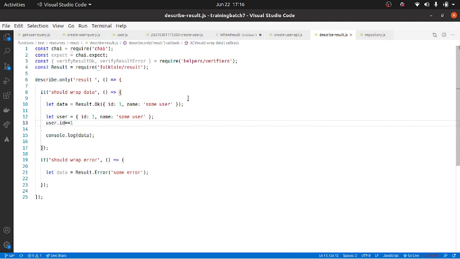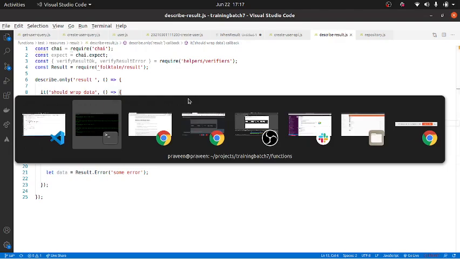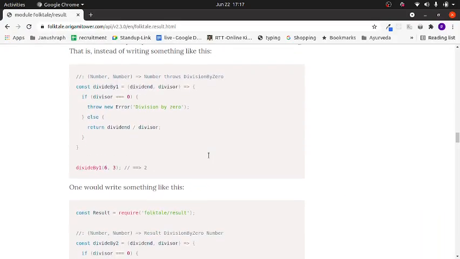If user dot name equal to user 1, I can do some logic. But here it is a result object. Now, how do I use the data within the result object? That is what we are going to cover right now.